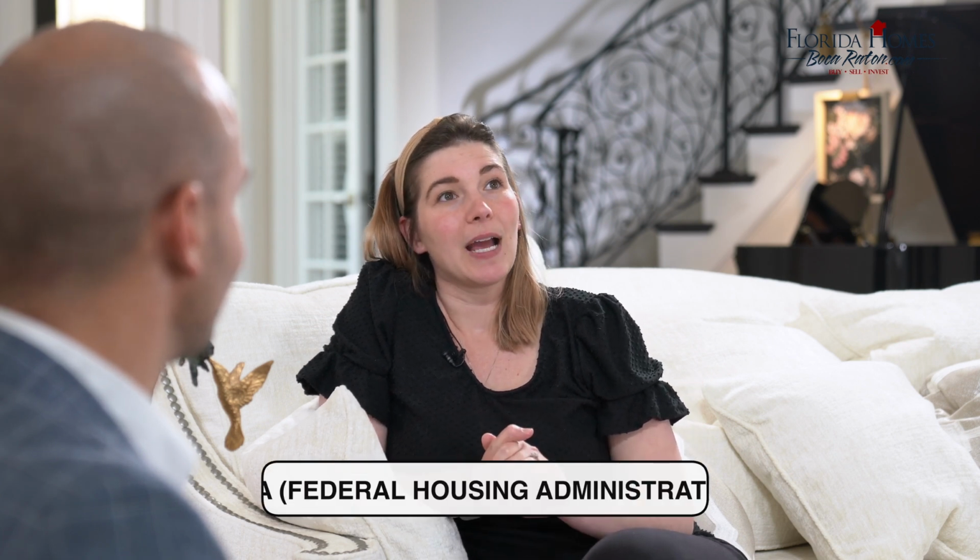Exactly. So that leads me into PMI, which is the private mortgage insurance. With conventional conforming lending, if you put less than 20% down, you will have PMI. It's basically the insurance on the loan. Now, the good thing with PMI on conforming conventional loans is that eventually it goes away once you reach 20% equity in the home. So it's not going to be on your loan forever. Typically, it's priced through how much you're putting down, your credit score, and the debt to income ratio. Then we have FHA